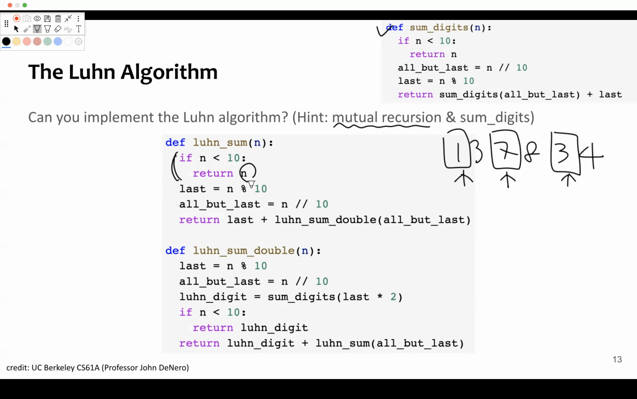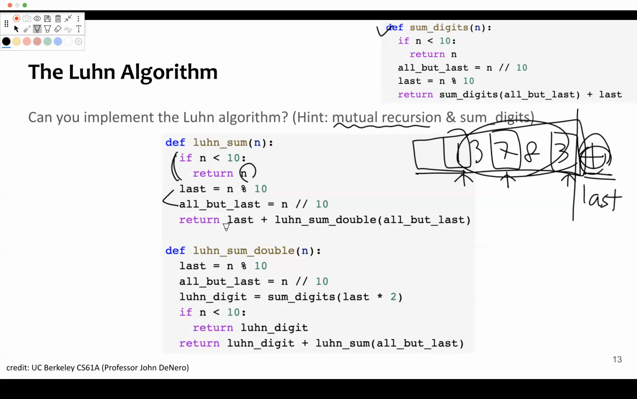Oh, Hagen, thank you for sharing your answer. So when n is less than 10, we just return n, and we divide these two numbers. So we start from here, and if it is smaller than 10, we just return this value. And if it does have these parts, we divide these two parts, and this last sum will be just added here. And this part will go to the Luhn sum double function, which will